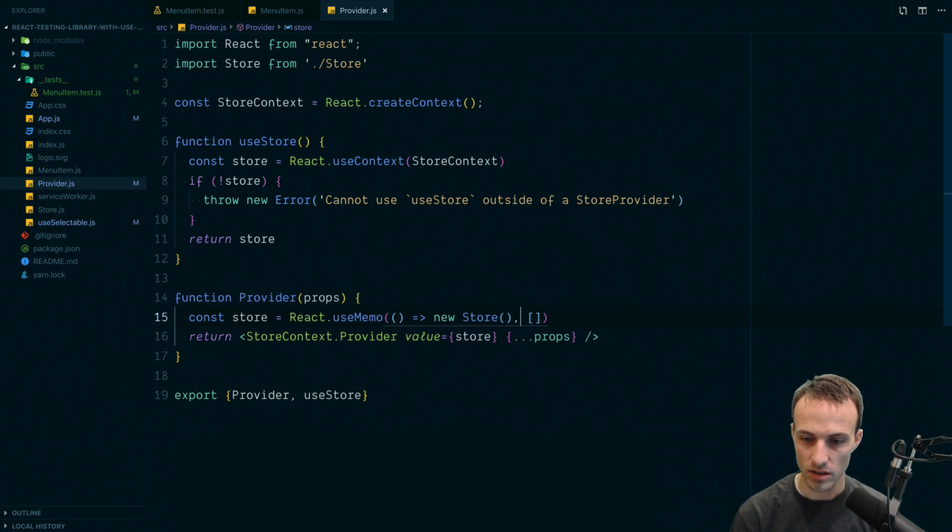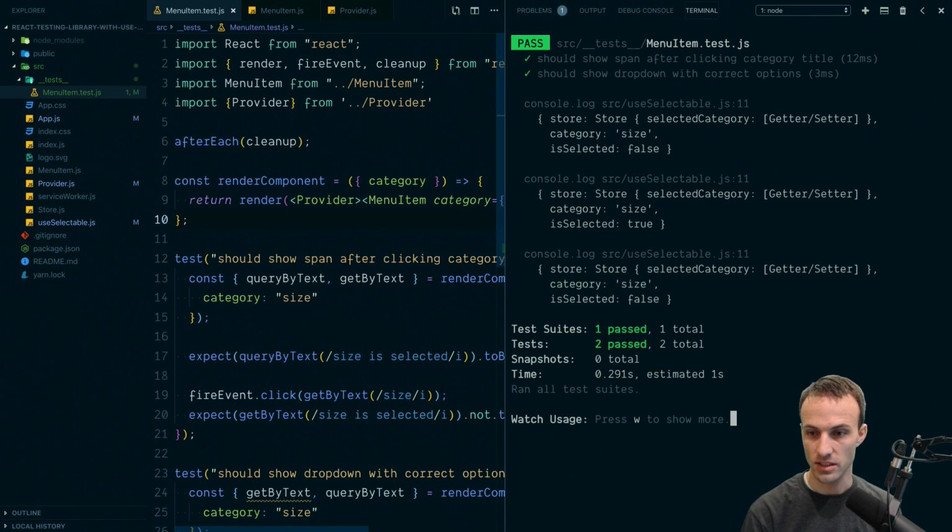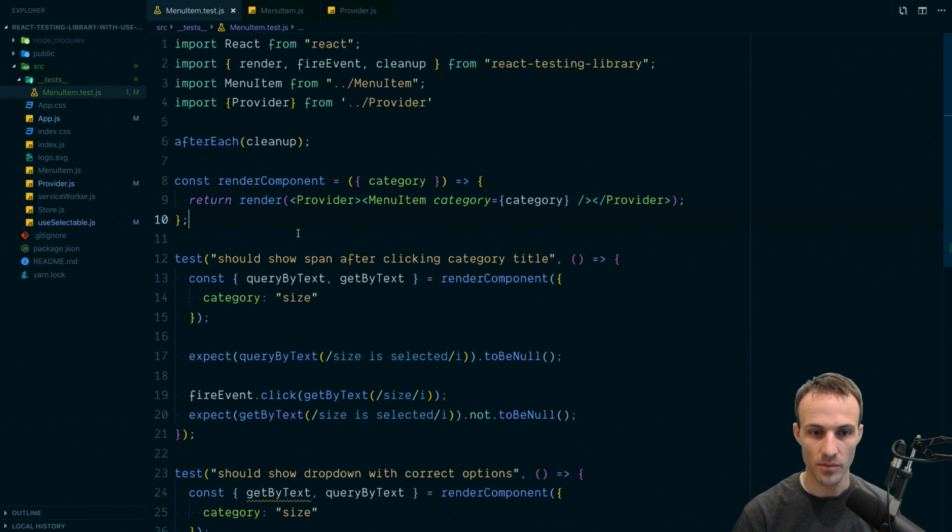And if the store needed some configuration or something, then you'd put that in your useMemo dependencies list. But in any case, that's going to fix our tests, because every time I call this render component, it's going to render my menu item within the provider. So this all comes back down to